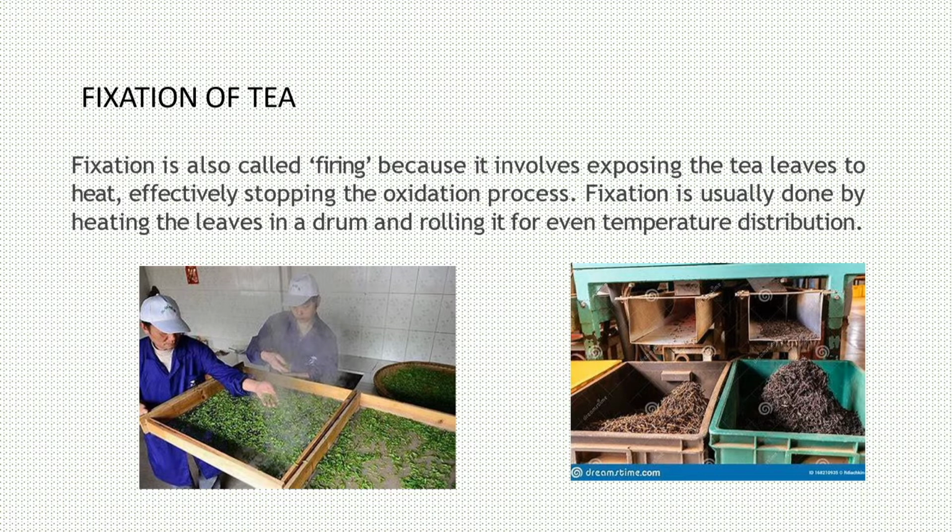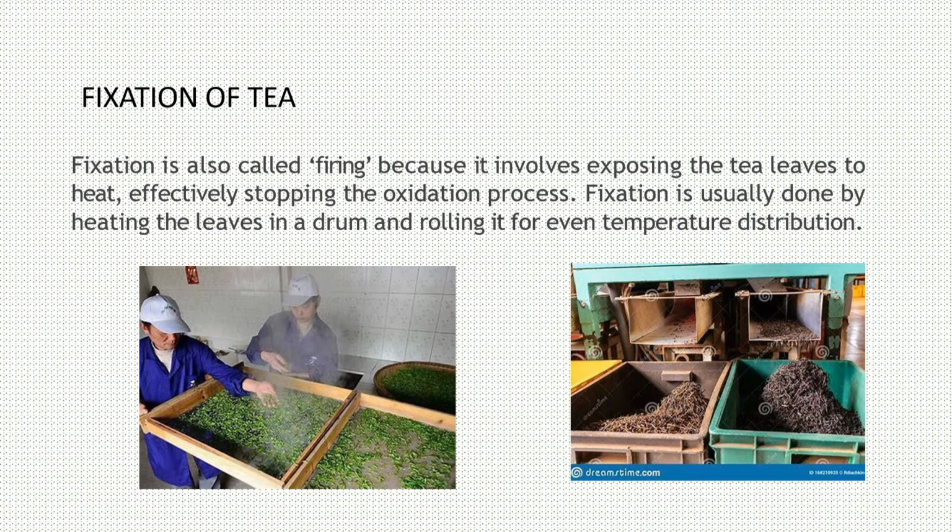The leaves are evenly spread. See, your whole leaves are black. Oh, black tea. This whole is black tea leaves, that is completely oxidized. You cannot see green tea leaves partially oxidized because you cannot segregate them. So this is called the firing process. So fixation is usually done by heating the leaves in a drum.